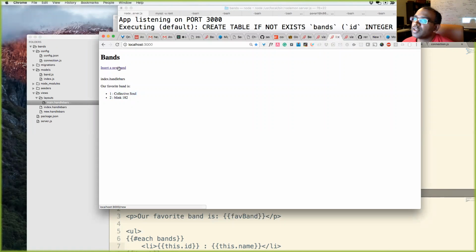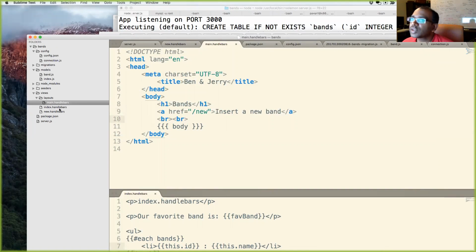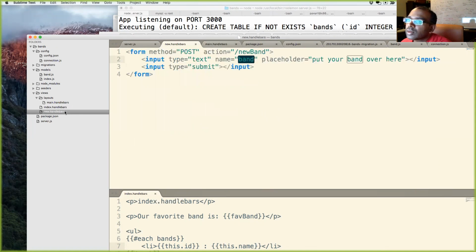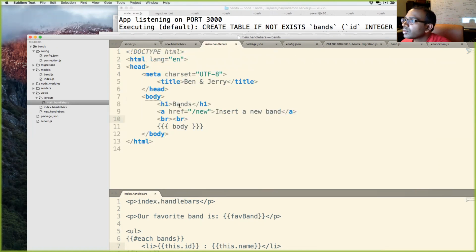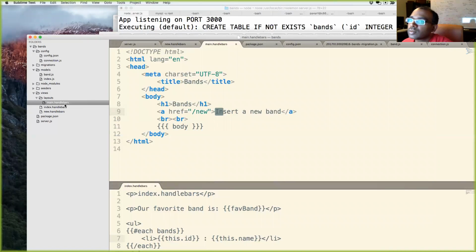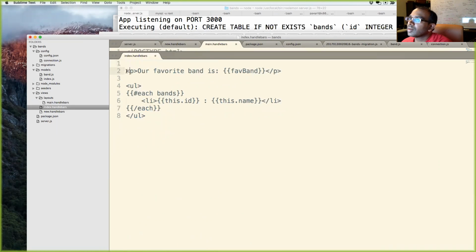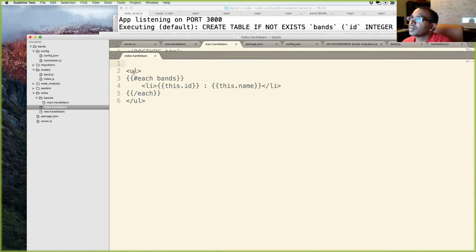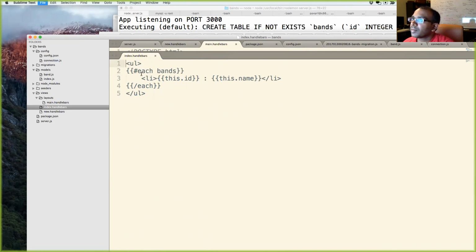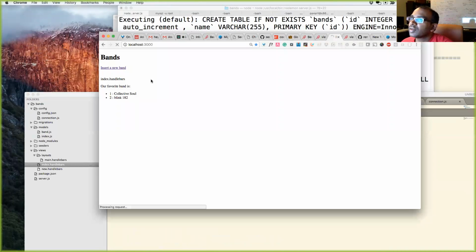I can insert a new band in, and let's get rid of index.handlebars. So I don't know where index.handlebars is coming from. Oh, it's down here. Save this. Let's go run it.